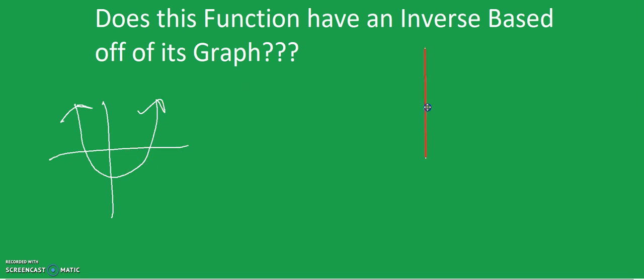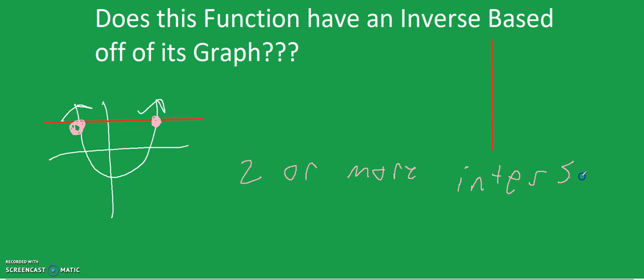But when we're talking about an inverse, what I'm concerned about is if it passes what's called the horizontal line test. Similar to the vertical line test, I'm going to take a line and make it horizontal and move it through the graph. And if at any point there are 2 points on the graph that intersect with this horizontal line, let's make that red again, it does not have an inverse. So 2 or more